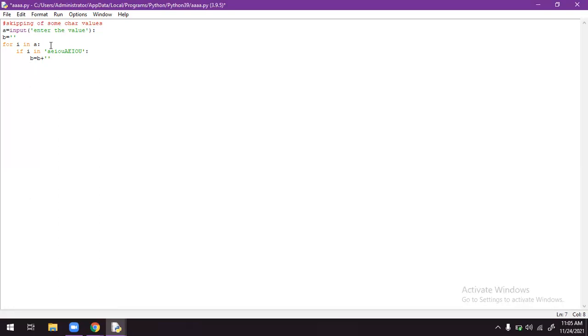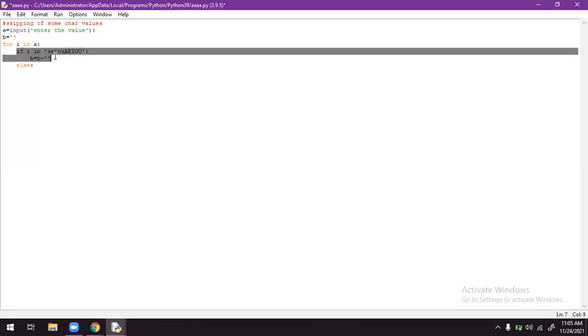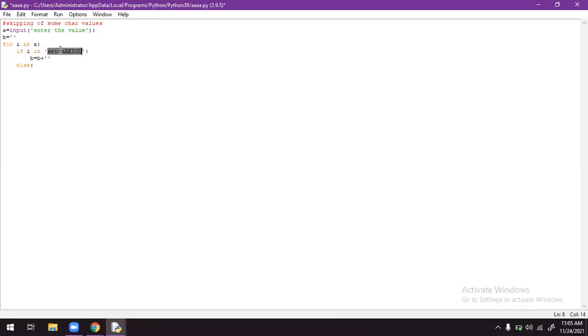After that, else. Why? Because we have to close the if condition. If any character present in this range A E I O U or capital A E I O U, then we must take an empty string and append it to the B variable.